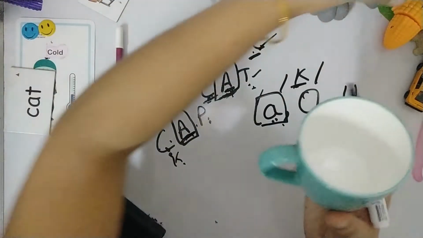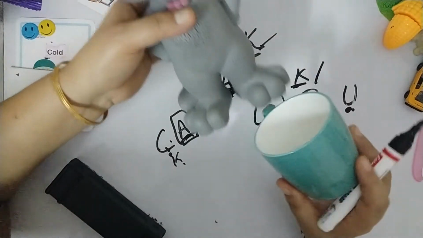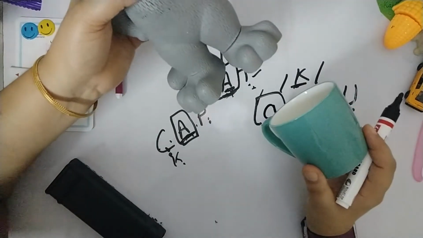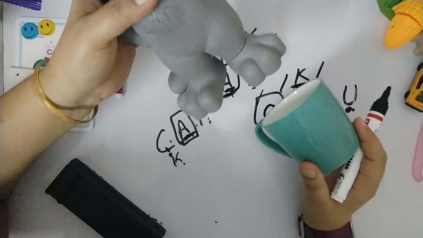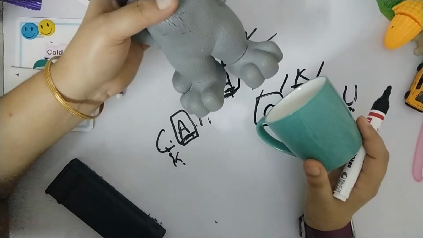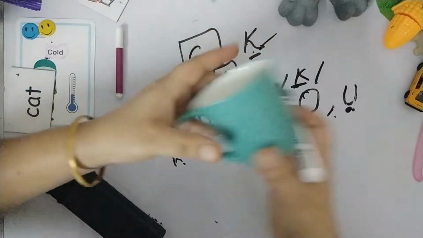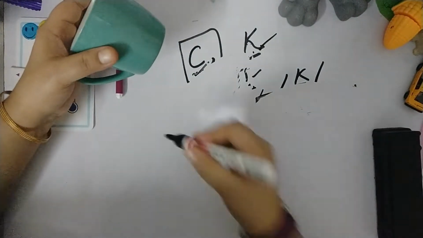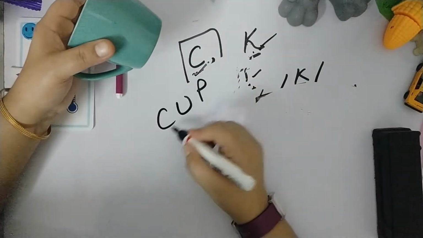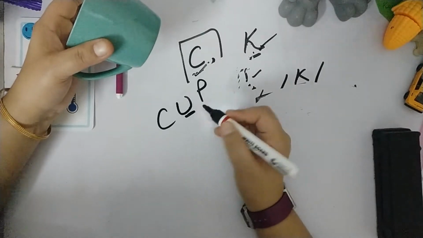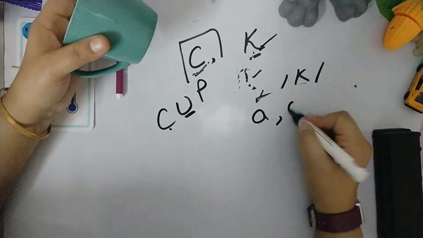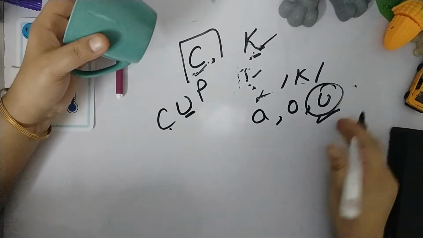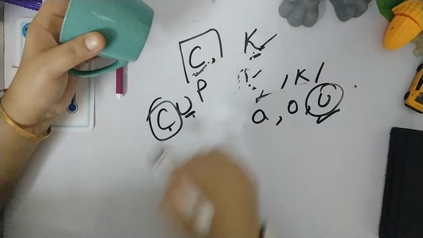Now this cat is feeling hungry. Make it in a story fashion, connect everything together so that they will listen, because when it is in a story manner, they will definitely listen. Okay, what is this? In this way their vocabulary is also increasing. Okay, this is a cup. Now again K, U. The K sound is followed by vowel A, O and U. So here this condition is fulfilled, U is coming, so we are using C here.